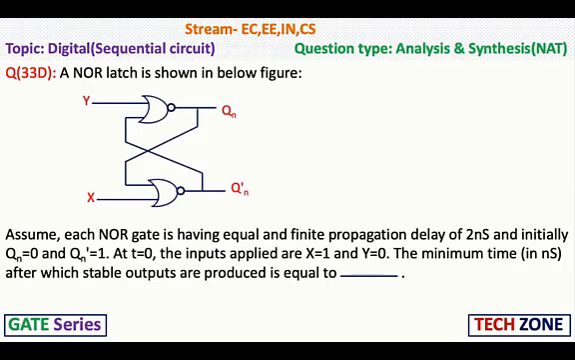fill in the blanks. Next, a NOR latch is shown in the below figure. So this is our NOR latch. Assume each NOR gate has equal and finite propagation delay of 2 nanoseconds and initially Qn equals 0 and Qn bar equals 1. At t equals 0, the inputs applied are x equals 1 and y equals 0. The minimum time (in nanoseconds) after which stable outputs are produced is